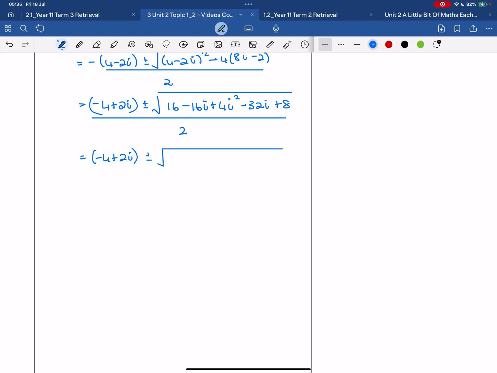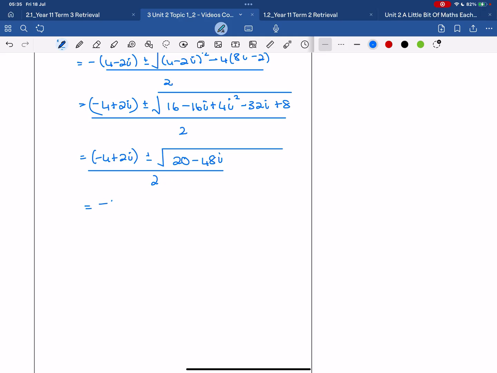So we've got 16 minus 4 plus 8, so that's 20, and minus 16i minus 32i is minus 48i over 2,